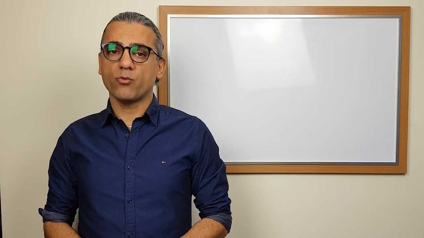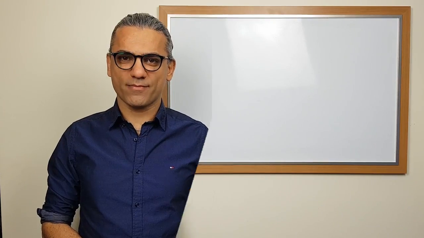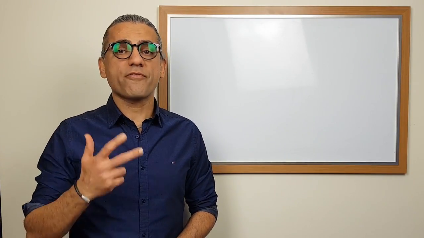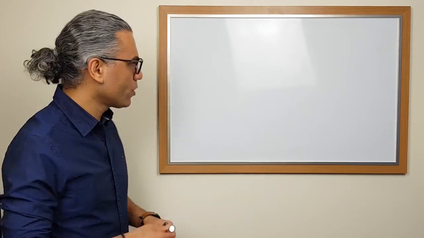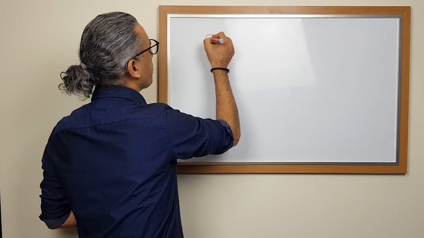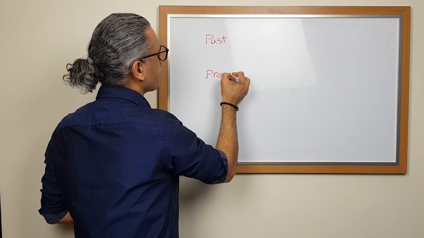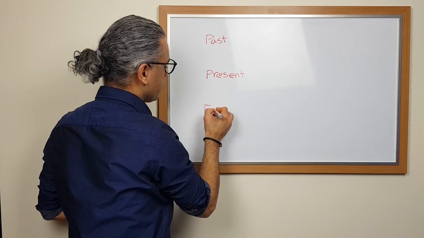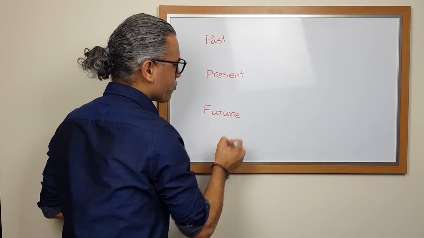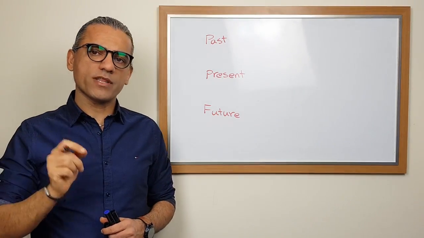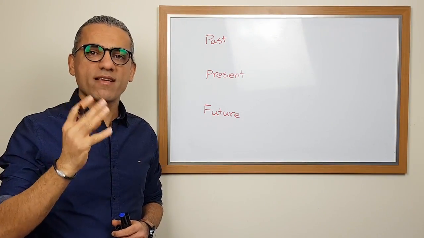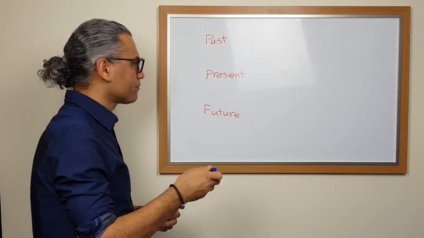Hello everyone, and welcome to English Grammar with Max. As you might know, we have three tenses in English, which are past, present, and future. Every one of these tenses has four aspects, which are